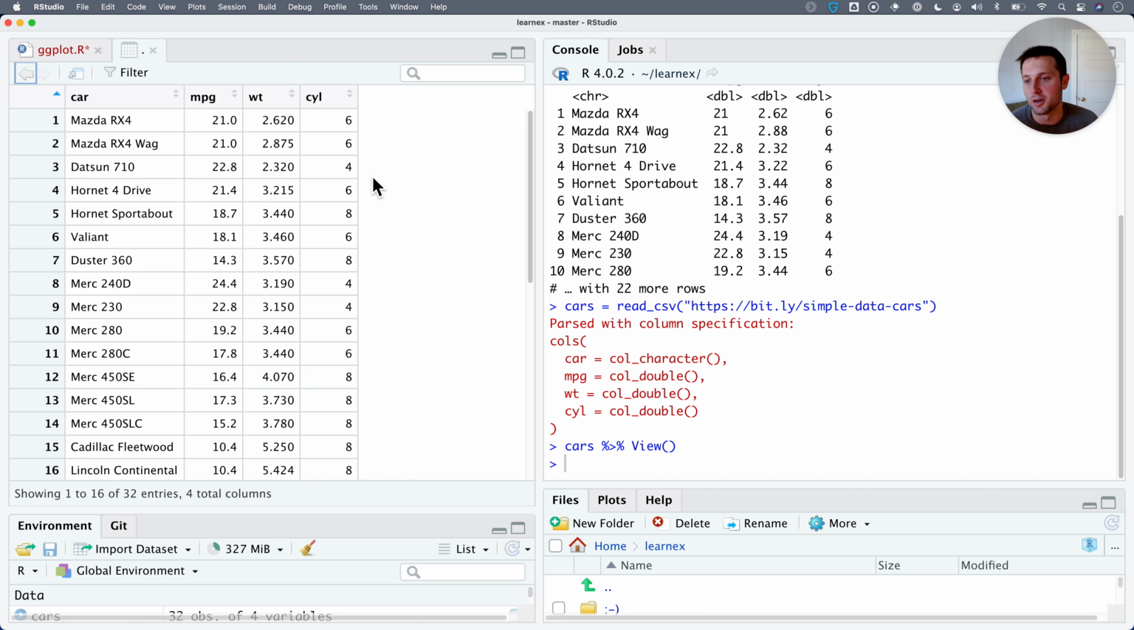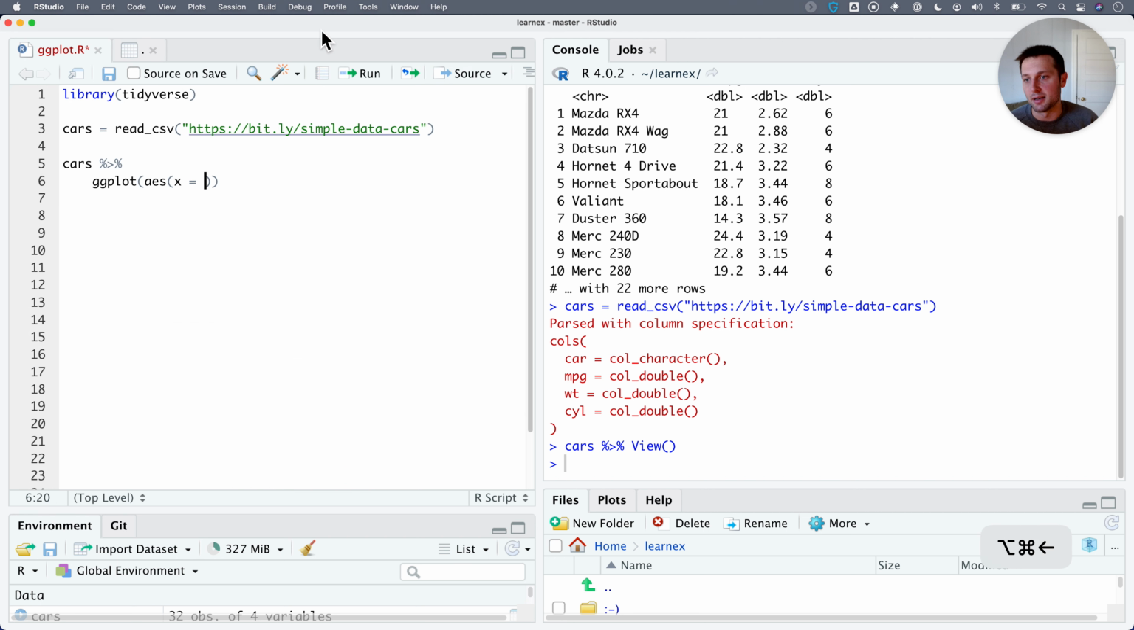Let's say at first we're interested in figuring out, hey, do cars that weigh more have a lower miles per gallon, a worse gas efficiency? So the way I think about that is, all right, let's put weight on the X axis. Let's put miles per gallon on the Y axis. And now I've just sort of instantiated a graph. If I run this,